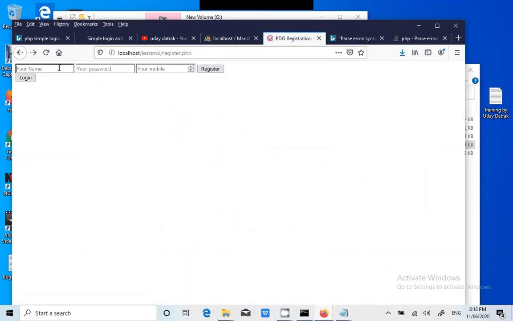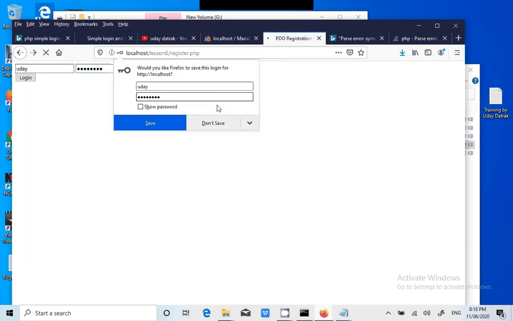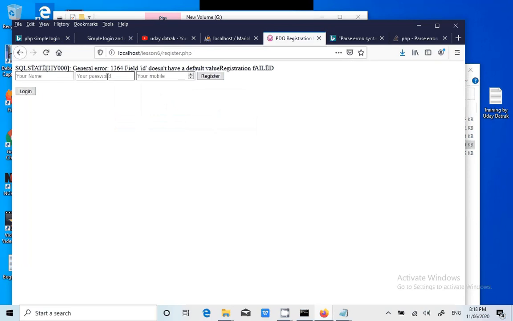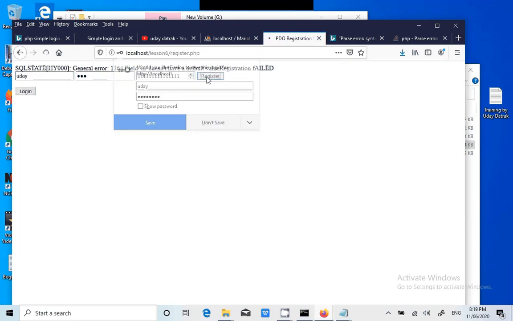Success, guys. Username is Uday. Password is password. Mobile number, I'll try to enter some zeros. Field ID doesn't have a default value. Registration failed. Field ID doesn't have a default value. Okay, this code is completely not generating any IDs there. It doesn't accept it, so I understood